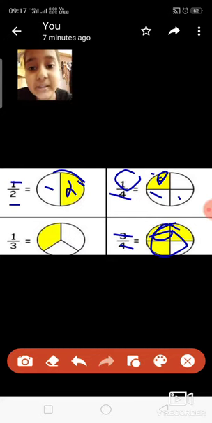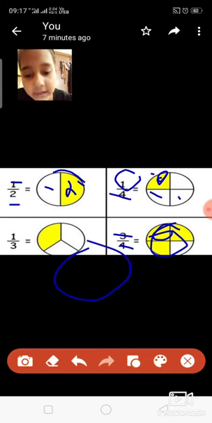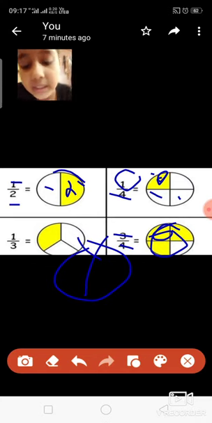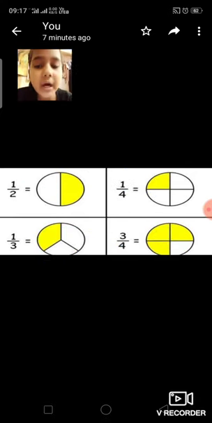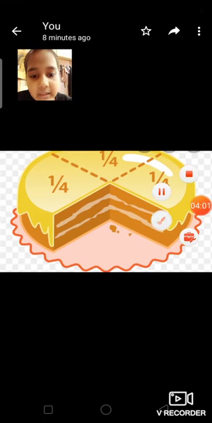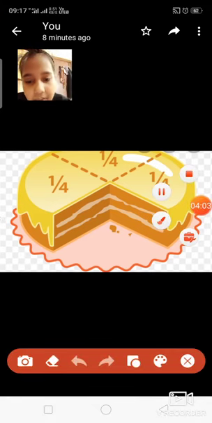And please remember, in fractions, you have to see only equal parts, and only then do the fraction concept, because it is equal only, no other things. Means if I take a circle and draw it like this without equal parts, it is not a fraction. In another one with 3 parts, 1 is shaded. I hope it is understood. You can see more clearly in this example also.